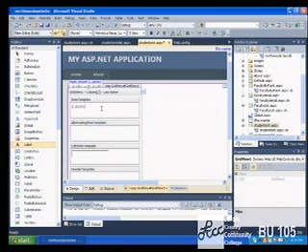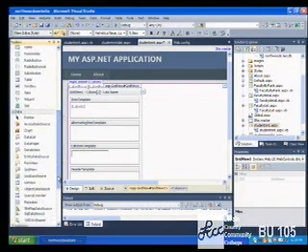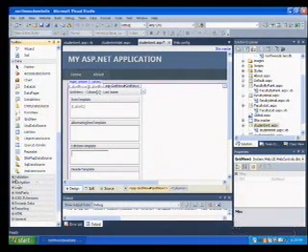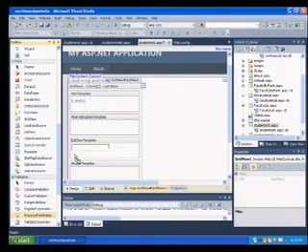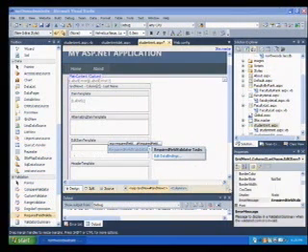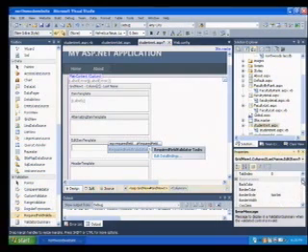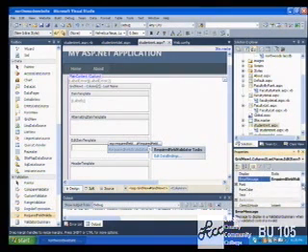The Edit Item template is the view that we're going to have when we click Edit for that row. And if we notice, it's a text box. Well, in the case of last name, we want to keep it as a text box, right? We just want to add some validation. So, what am I going to do? I'm going to add a required field validator right smack dab in the middle of that template. And I will say that that required field validator